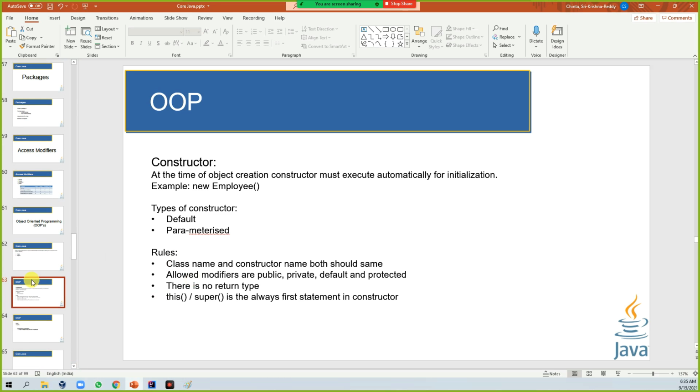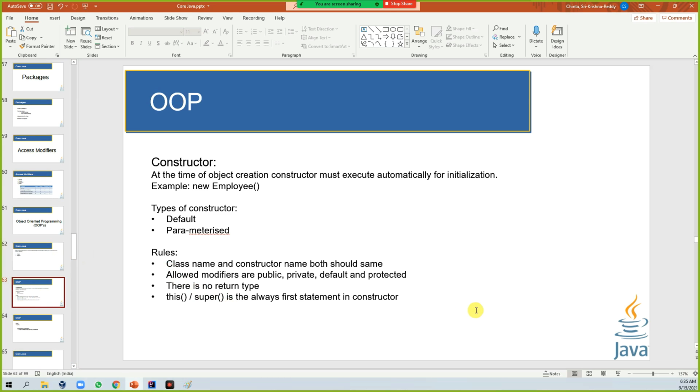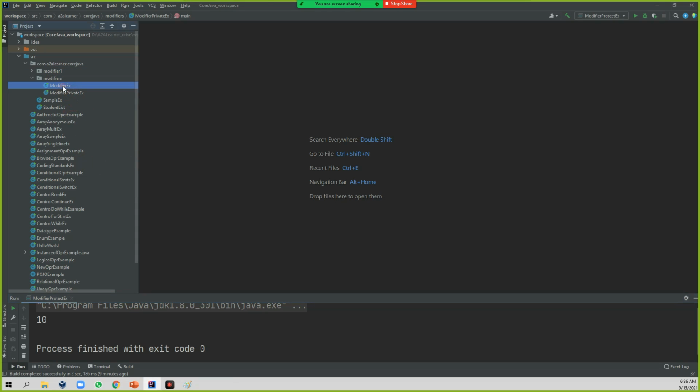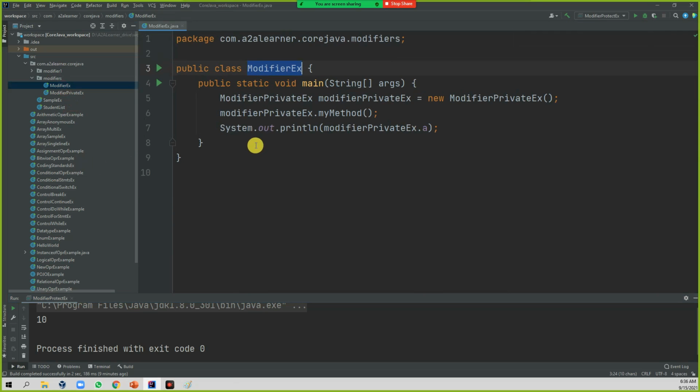Coming back to that, in OOPS there is a constructor. The constructor is an important concept in object oriented programming. Whatever class you write, by default the JVM at the backend, at compilation time, automatically writes one constructor. Let's see that at the backend in your program. You write a class, but you have not written any extra code for this.